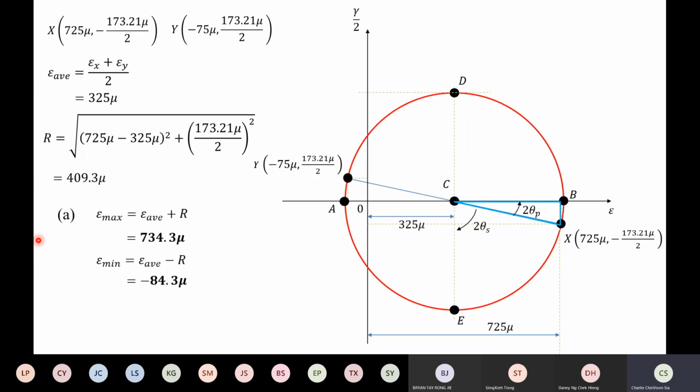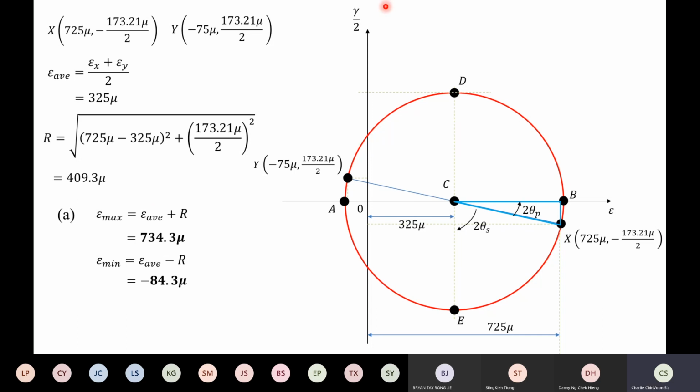So what is the use of R? We use R to calculate the maximum normal strain and minimum normal strain at point B and point A. So we calculate the maximum and minimum normal strain. To calculate the normal strain, it's quite similar to the normal stress. However, for the